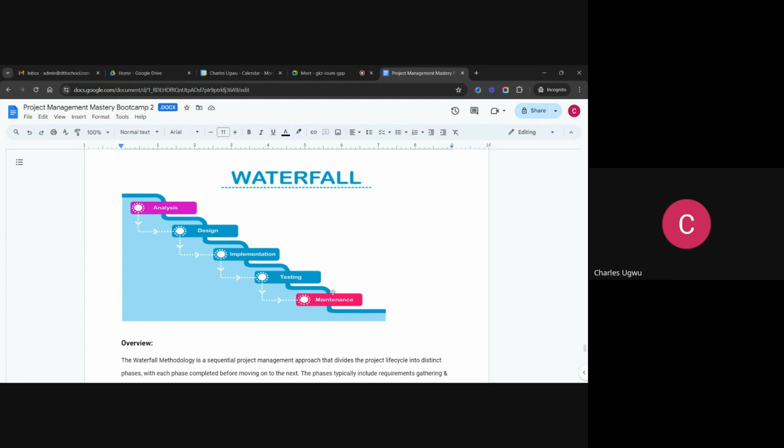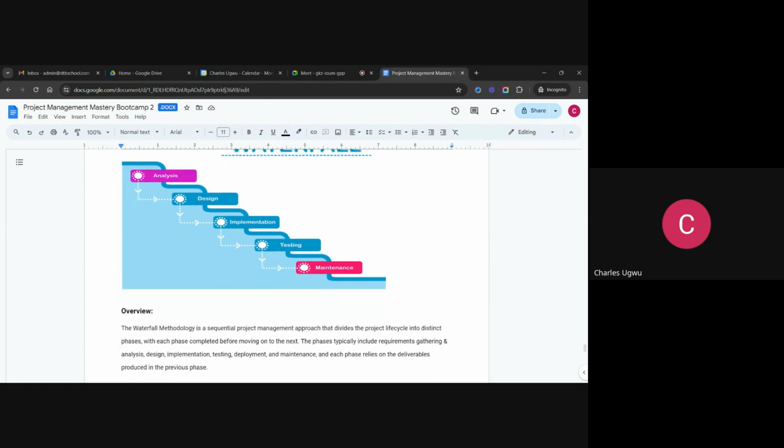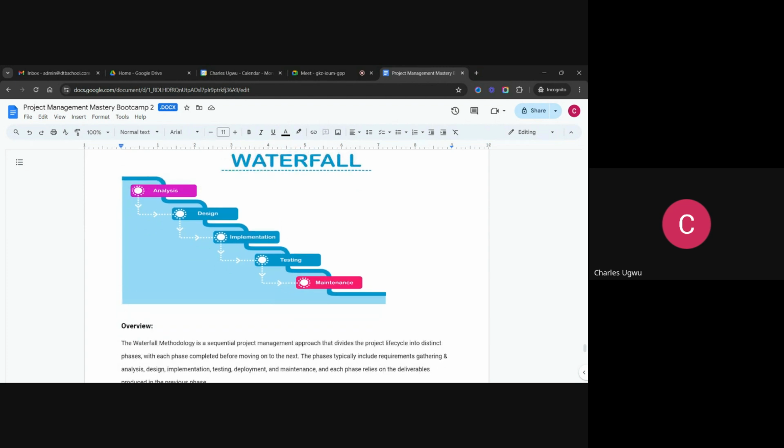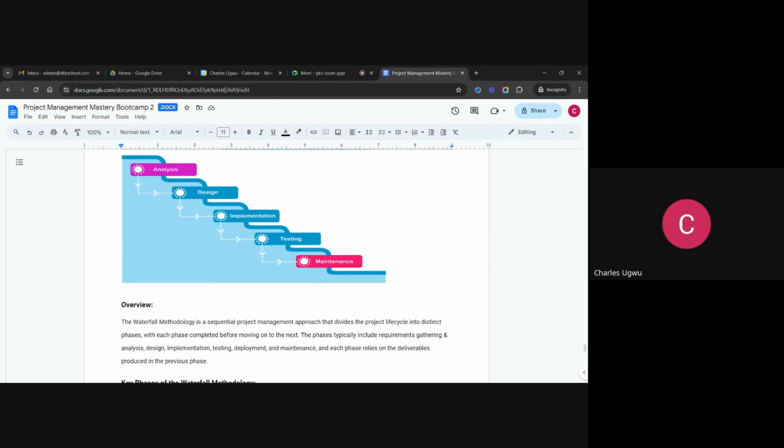That's why when we are talking about the critical path method, this is the delay we are talking about. In critical path method, we need to look at all the areas that depend on each other. These are the critical path areas that must not be delayed, because when they get delayed, they will delay the whole project. So that is the way the waterfall operates, and it is rigid,